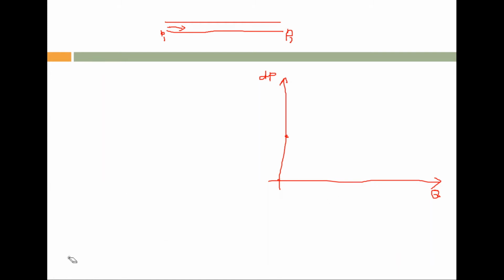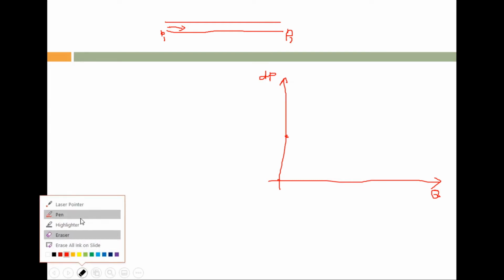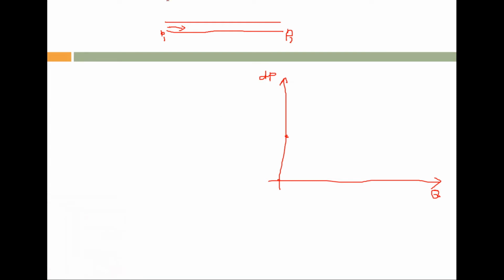Practically, if you are transporting fluid through a horizontal pipe, this one is not a linear curve. We can see an exponential curve like this one. So you can see that dP is proportional to an exponential or parabolic curve, something similar to Q raised to 2, with a proportionality constant. dP is proportional to Q raised to 2.